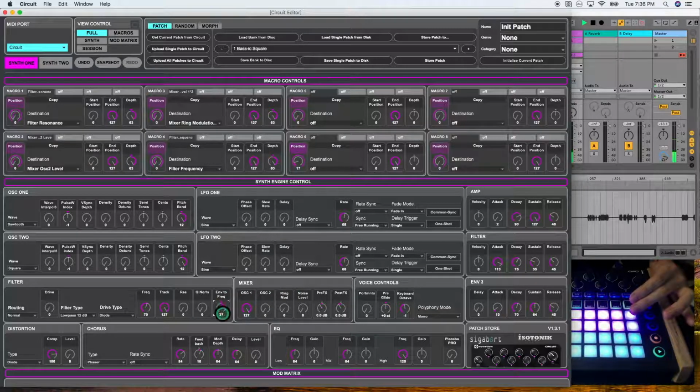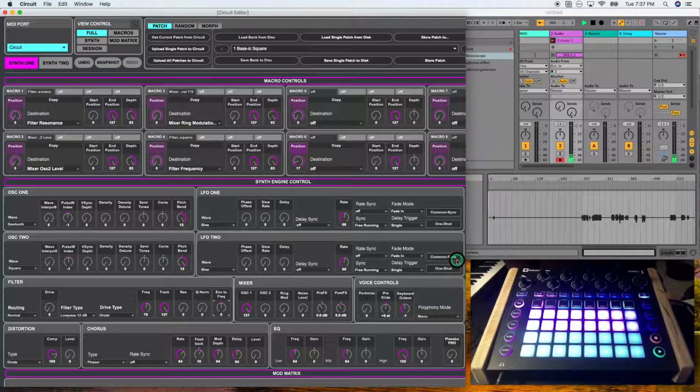And if I turn this down, it's not as accentuated. The mixer section has everything to do with combining the sounds of the oscillators. Oscillator 1 and oscillator 2 here are simply the volumes of the two oscillators. And I actually have a square wave here as oscillator 2, so I'm going to give you a tone that's just the saw wave right now, and as I turn up oscillator 2, you'll hear that square wave come into focus.